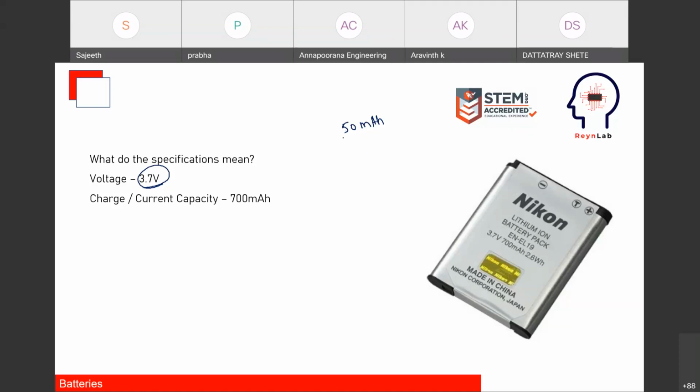Right? So there are two different things when we talk about a battery cell. The first one is the voltage. Voltage is the potential energy, and then you have the current. The current is basically the amount of flow that the battery can push through, right? So there are voltage and current, and you also have something called the capacity.